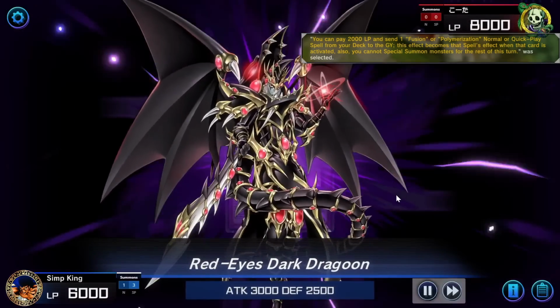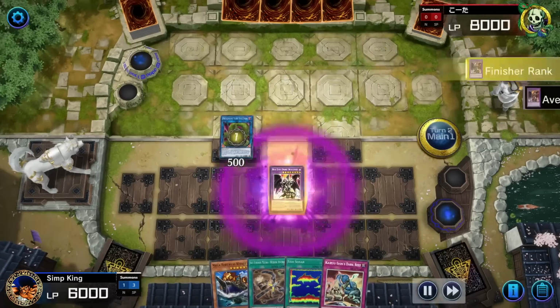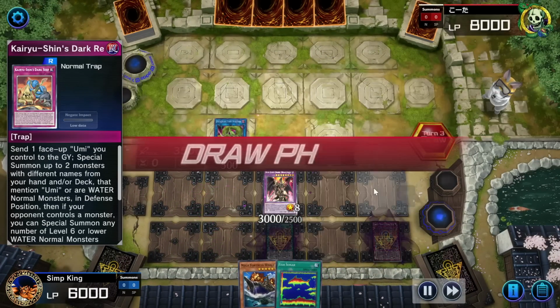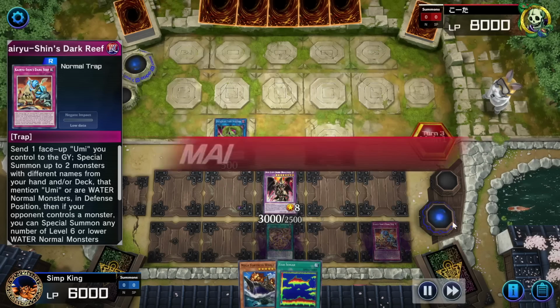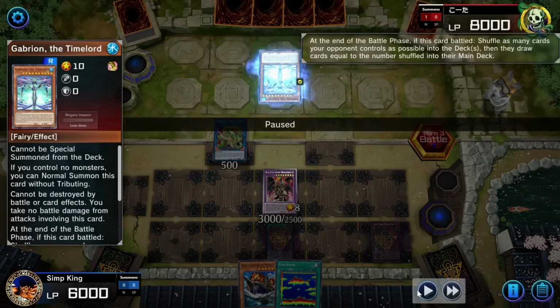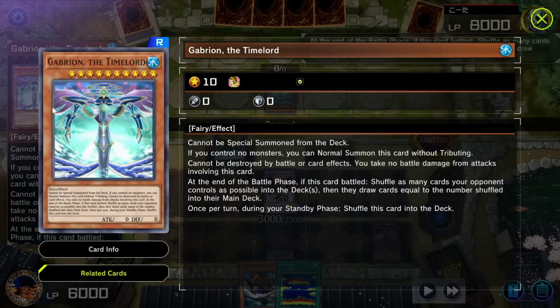Gotta make Dragoon first. We make Dragoon and we're gonna set some stuff because we don't have Umi on the field and we already used our normal summon. So we're gonna just pass and get our McDonald's monsters on the field later. Opponent, Gabrion the Time Lord. Time Lord is going to activate and shuffle all of our cards into the deck and make us draw cards,